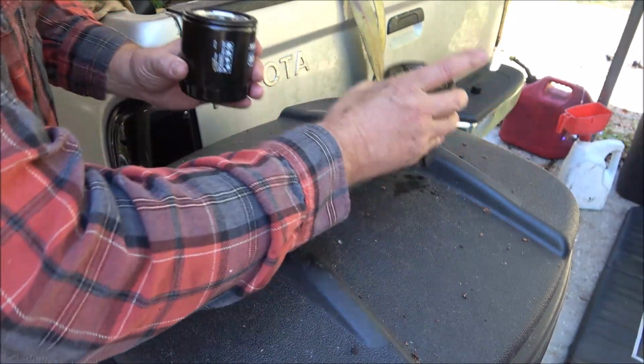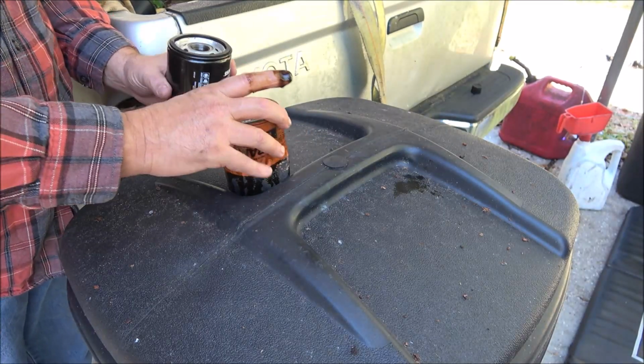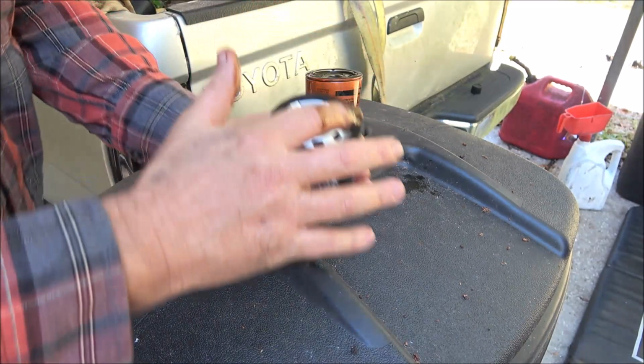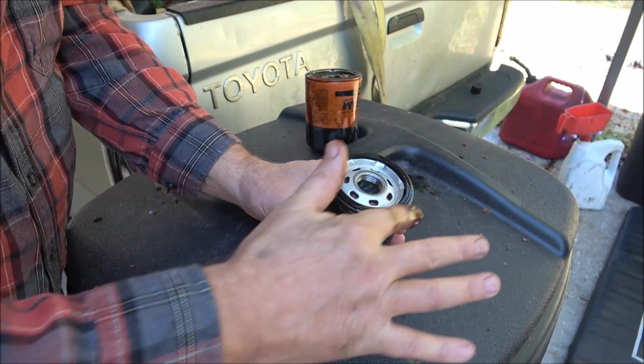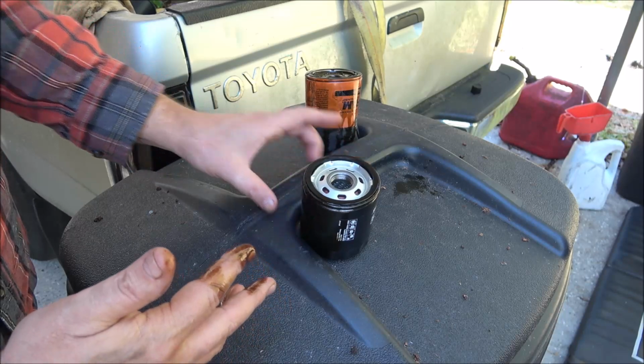So that's why you put oil on these. It's not, like I said, to keep it from leaking. That couldn't be farther from the truth. It's just to keep that seal from ripping when you screw that up on there. So remember that. And what I like to do, which I didn't on that one,